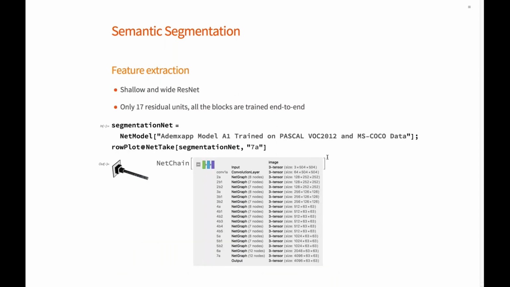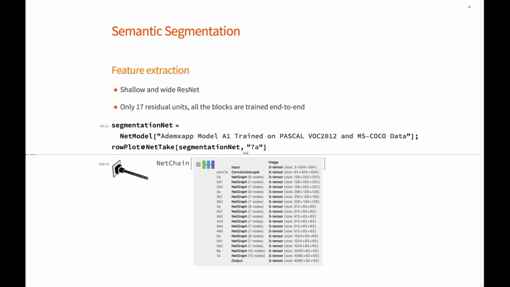So this tells us that it is not an exact science to pick the right architecture, and there's no clear way. It's not that deeper is always the better or wider is always the better. And the model I pick here tries to strike a balance between depth and width. And this is pretty shallow for a deep neural net. This has just 17 residual units, all those ResNets. But this was guaranteed to train end to end. So when we propagate the gradient back, the changes affect all these blocks.